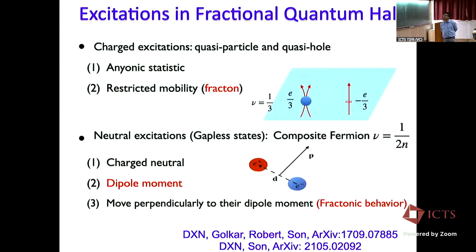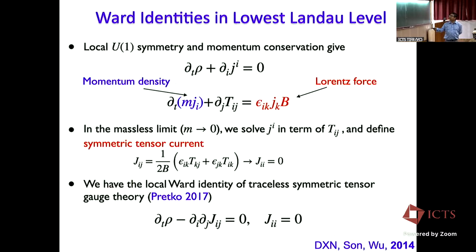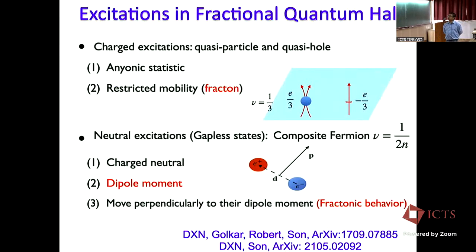And what is the consequence of that? The consequence is that in the fractional quantum Hall state, some excitations have fractonic behavior. Basically, the quasiparticle and quasihole are charged, and because they carry charge, they are fractons. Another excitation is the anyon. If you do not apply an electric field, because in this equation I do not have the electric field term, and we only have the magnetic field, then the anyon will not move freely.